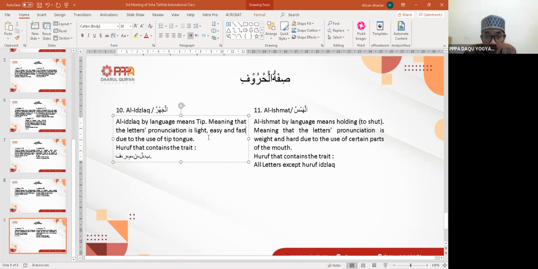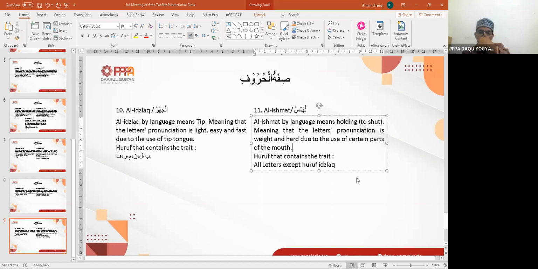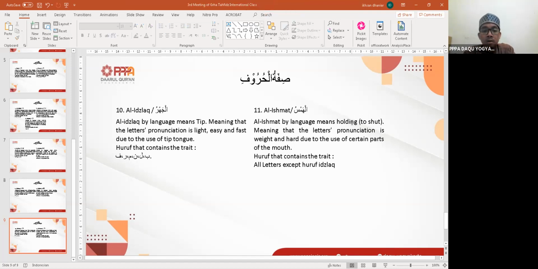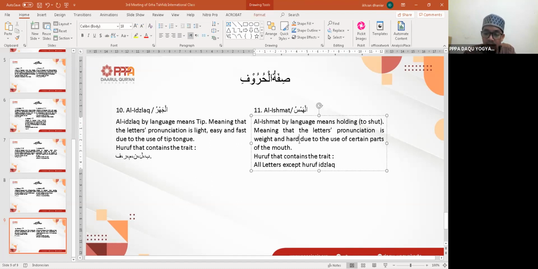You find it light, easy, and fast to pronounce these six huruf. And the others, except these six huruf, have the trait called al-ismat, which by language means holding or to shut. Meaning that the letter's pronunciation is weighty, hard and slow